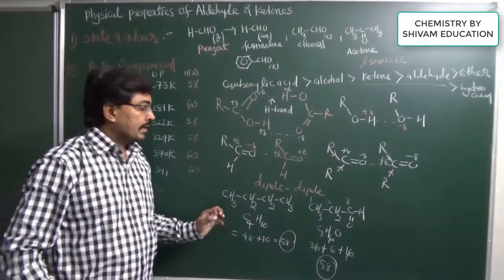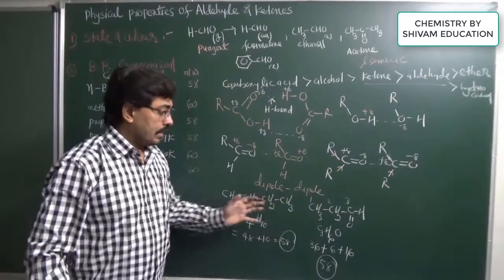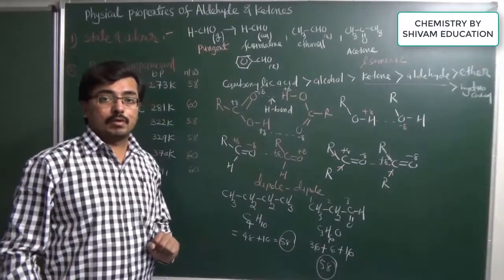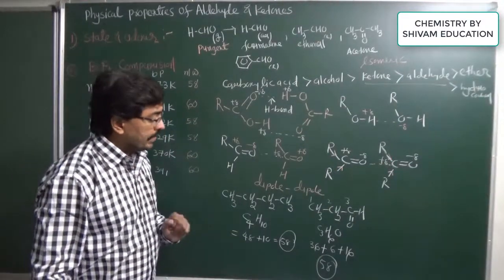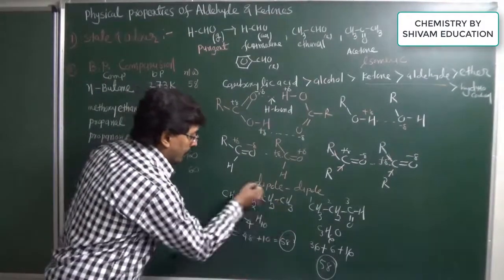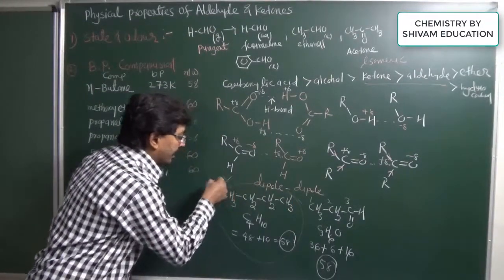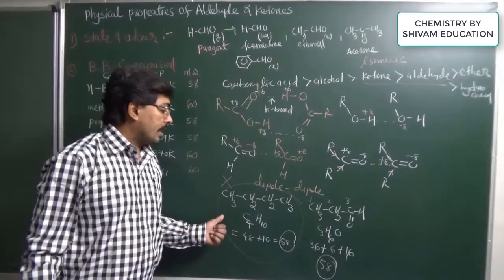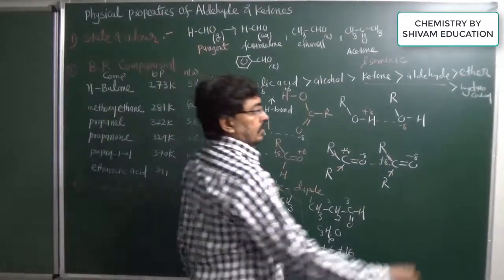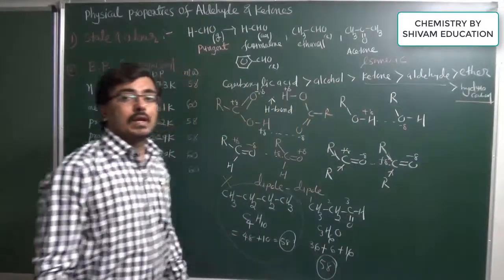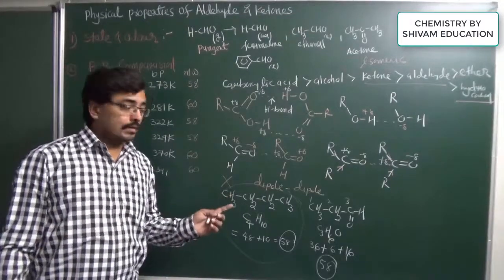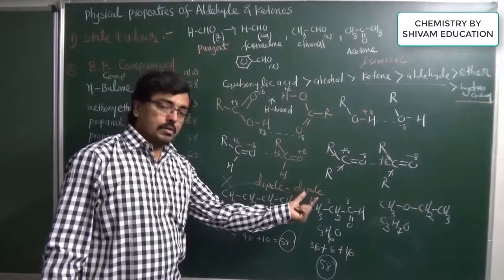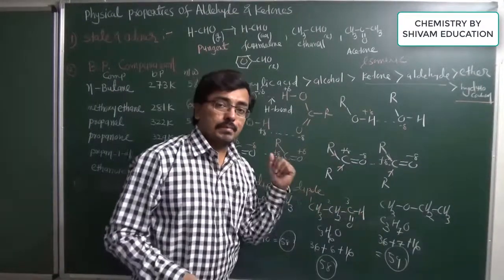So now you can check that aldehyde as well as hydrocarbon have almost equal molecular mass. So it is considered as a comparable molecular mass. In the case of comparable molecular mass, in a hydrocarbon there is no interaction, no dipole interaction, no hydrogen bonding. So hydrocarbon has the lowest boiling point. But ether, whose name for this structure is methoxyethane,